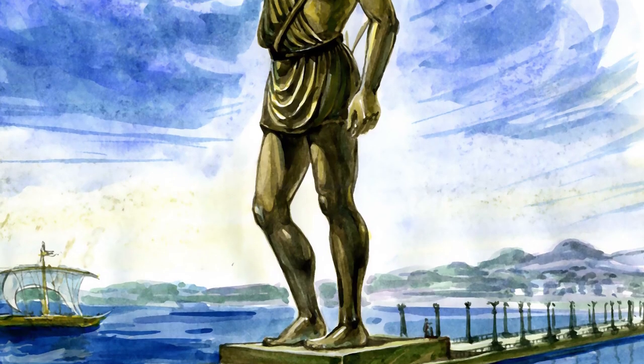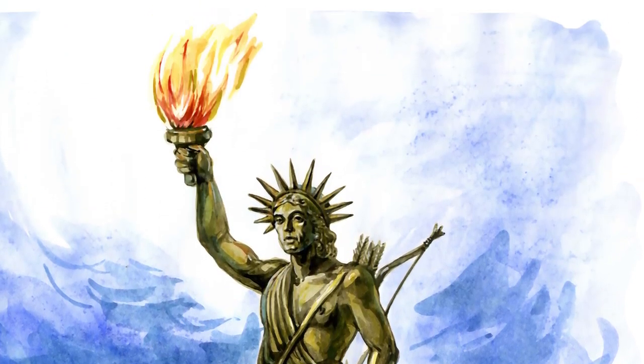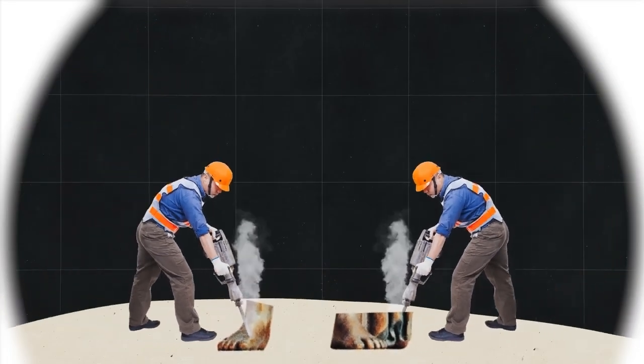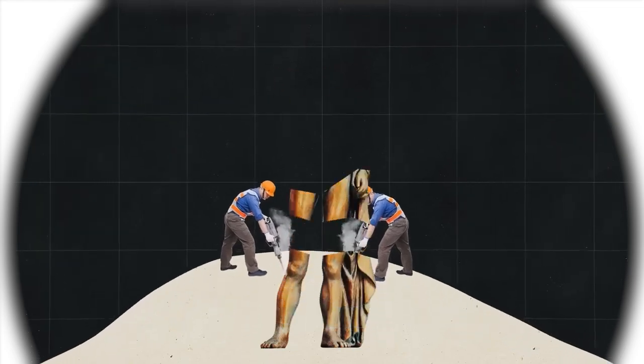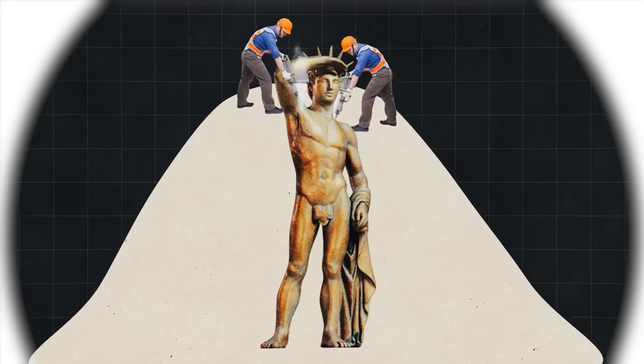The sheer scale of the statue was unprecedented, making it one of the tallest statues of the ancient world, rivaled only by the grandeur of the pyramids of Egypt. The process of constructing the Colossus was a monumental endeavor, taking 12 years to complete. Charles and his team of skilled artisans worked tirelessly to cast and assemble the bronze sections that would form the